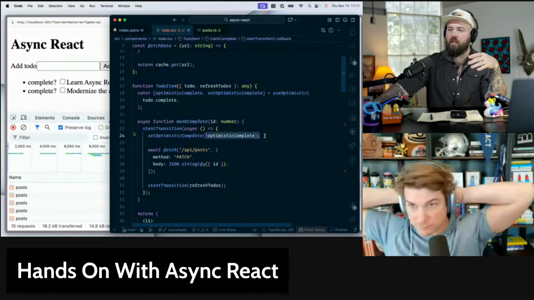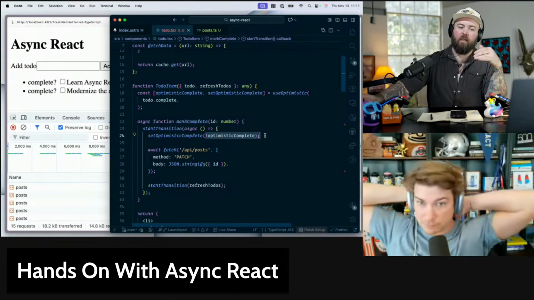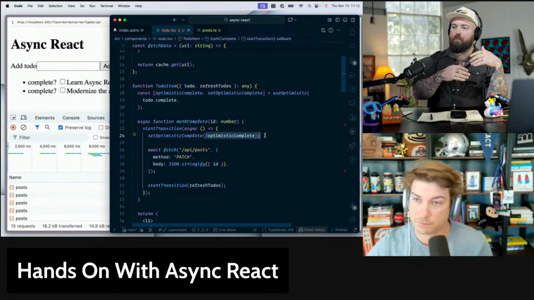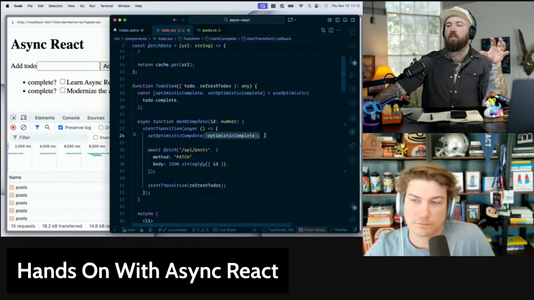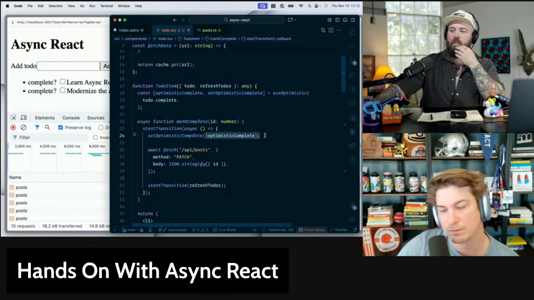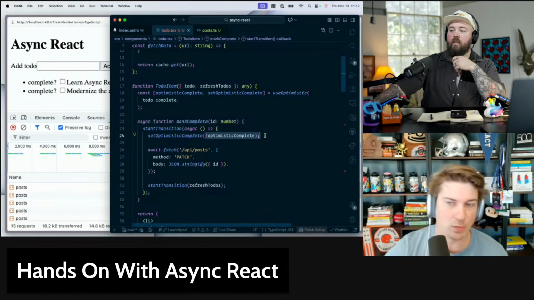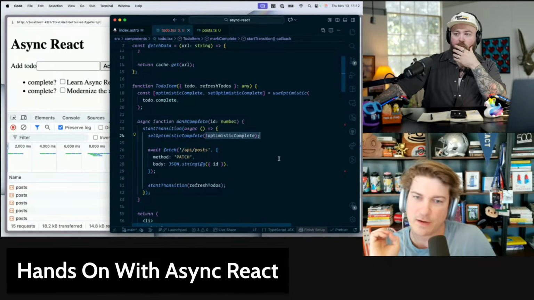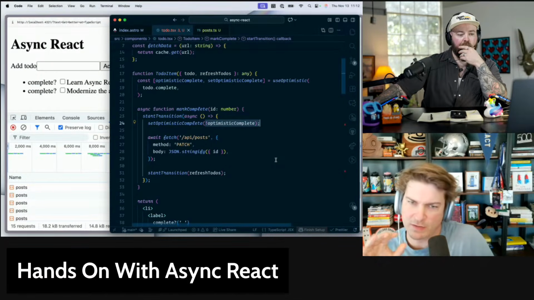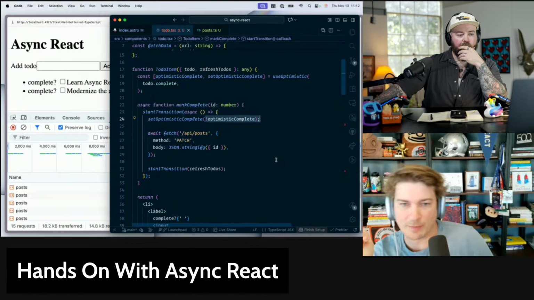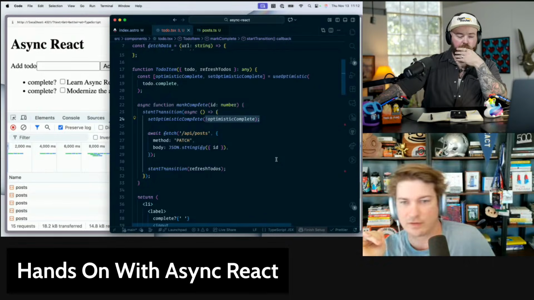So if it was like a list on the add a new to do item, we can literally append a new component to the list and then handle all that. So this just feels like what I wanted the effect flow to be. This sort of feels like it sorts a lot of those problems out for me, which is really nice. And then one last piece is that with this pattern now, one thing that's not great is having to do these start transitions and set optimistics, and remember the start transition everywhere.